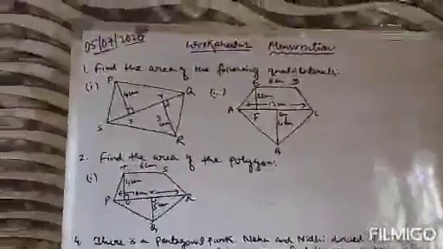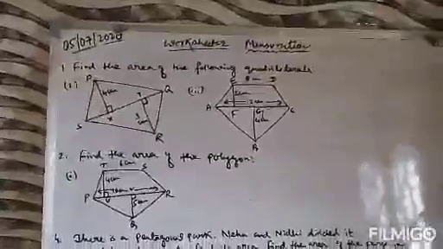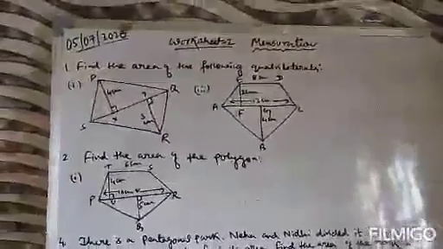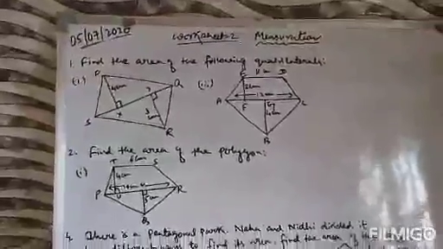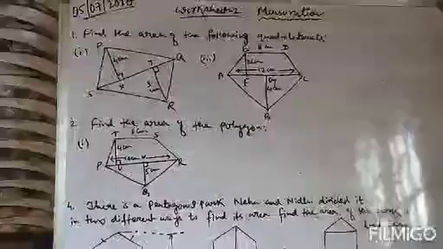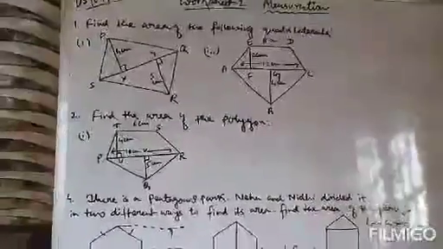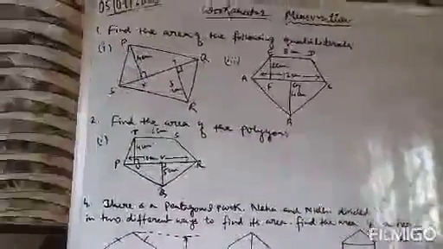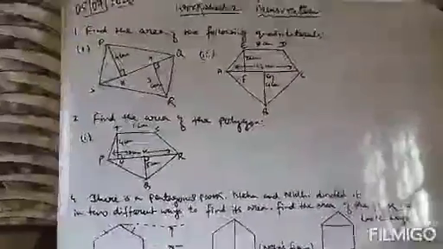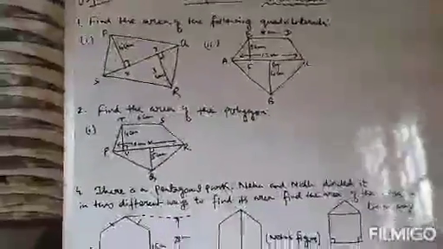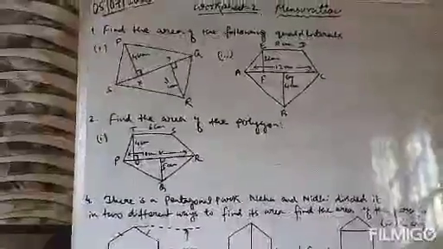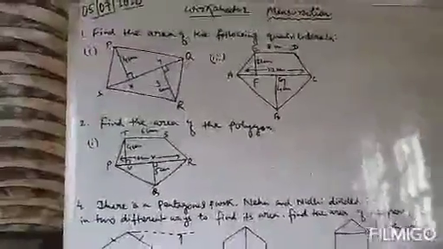This is the second session of the mensuration chapter. The first session, or lecture 1 of this chapter, was posted a couple of days ago. In this session we will solve problems related to the area of a quadrilateral and the area of a triangle. In the previous worksheet we solved only questions related to the area of a trapezium, and in this session we will solve area of quadrilateral, area of triangle, and a little bit of area of trapezium also. That concept will also be required.